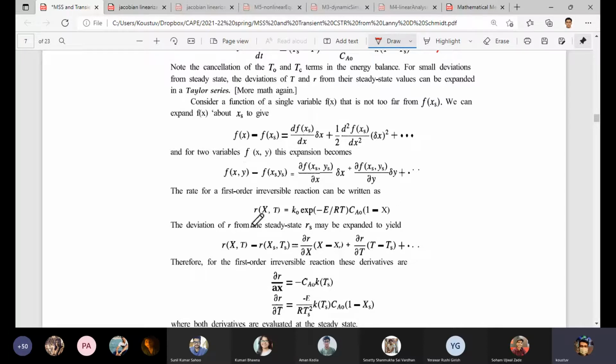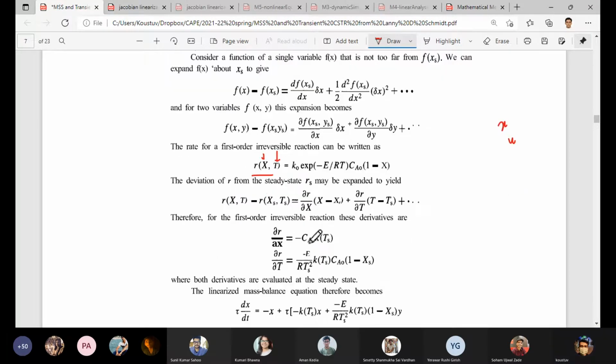So what we have done is, in the R term, here we have both conversion and temperature. That means in the previous examples it was x and u. So with respect to x and with respect to u, we have basically calculated the coefficients. That means we can write the Jacobian, we can write the 4 terms in that matrix, right? Because we have two functions, one with respect to conversion and one with respect to temperature, and these two are nothing but our state variables, or variables that actually characterize the system, right?